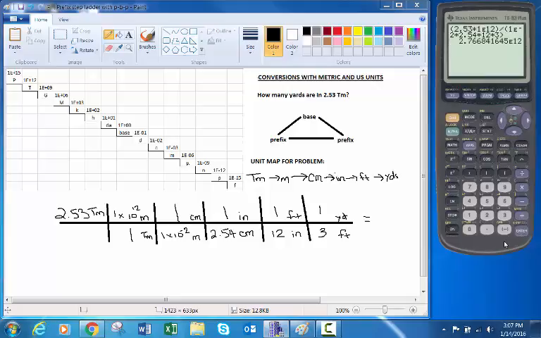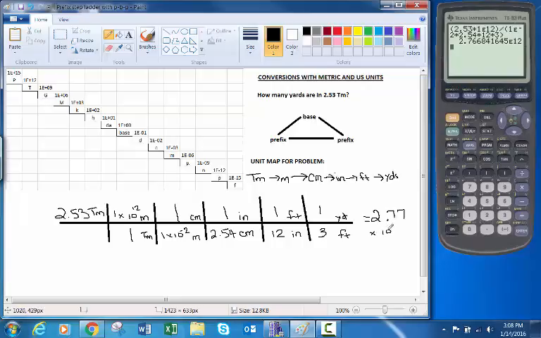And so when I press enter, my answer is 2.766841645 times 10 to the 12th. Because our original problem included 3 significant figures, our answer must also include 3 significant figures. So our final answer is going to be 2.77